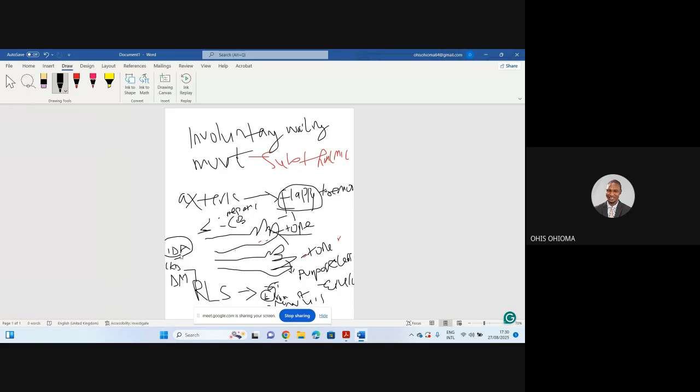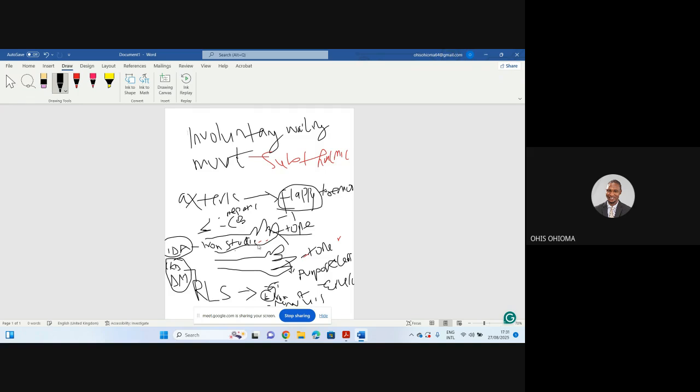In a situation where you do not see iron studies in the exam, you would look for things that will point to CKD and DM. So if the options don't have iron studies, the next investigation you want to do may be an HbA1c, or a urea and creatinine, or a renal ultrasound scan. Basically, the first thing you should note in your mind is iron studies, because iron deficiency anemia is the commonest cause.